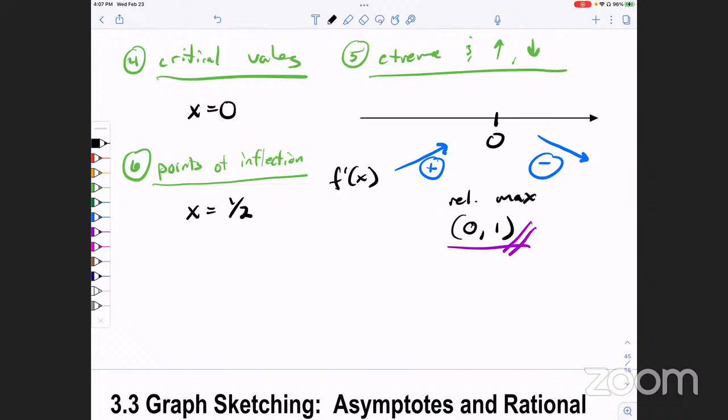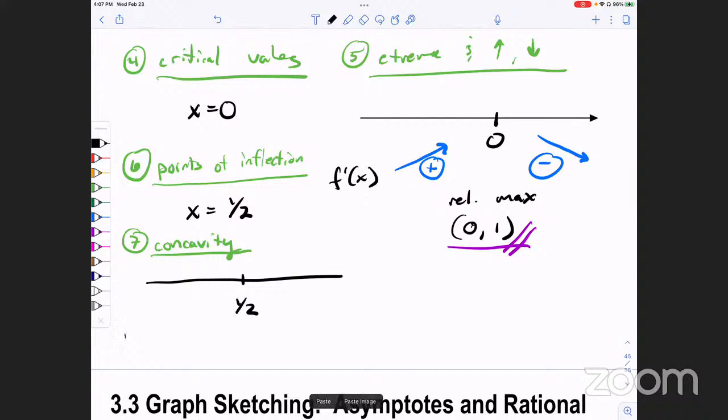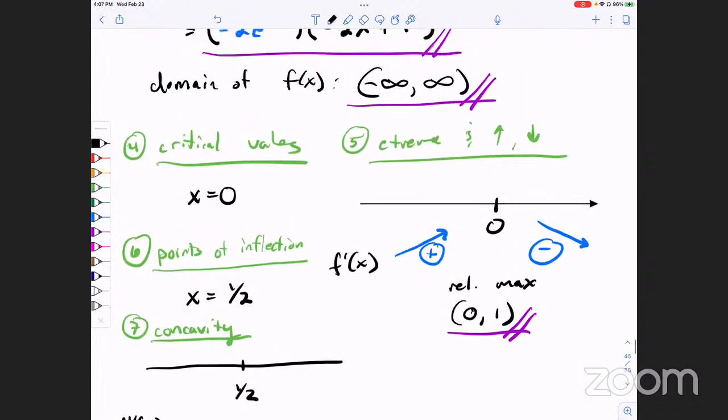But we need to look at our concavity to confirm whether this is a point of inflection or not. So let's look at concavity. We take this candidate for the point of inflection, which was x equals 1/2, and we need to choose points on the left and right side of this and evaluate them in the second derivative. For instance, if we plug 0 into the second derivative,